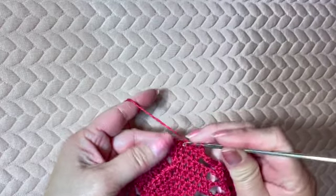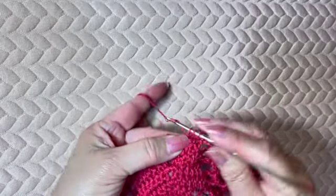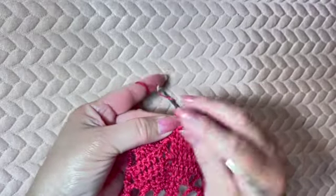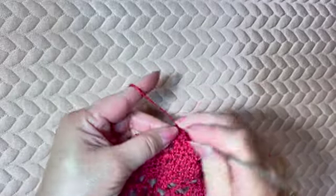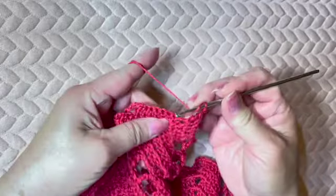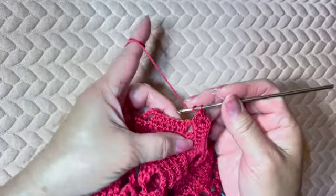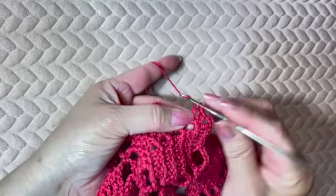1, 2, 3, 4, 5, then 2 double crochets on the next chain 2 space, chain 2, 2 double crochets on the same space, then double crochets on the next 5 double crochets,